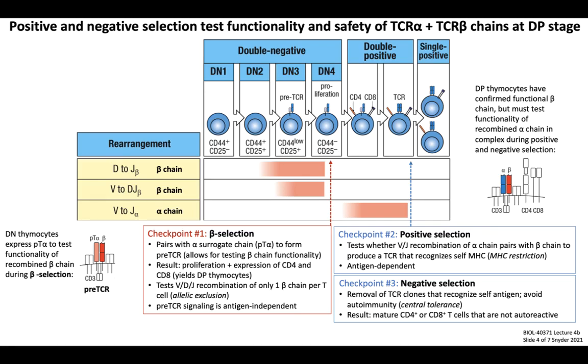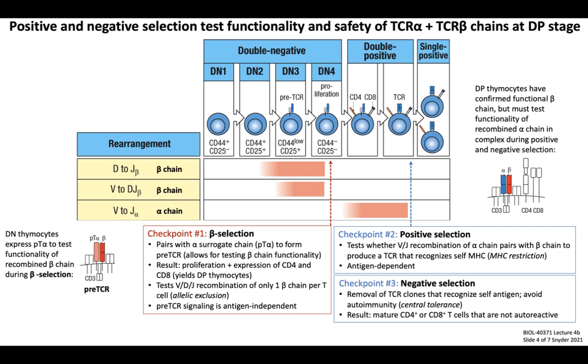Most cells will fail positive selection, but the ones that pass through this checkpoint will then be subjected to the final checkpoint of T cell development, which is negative selection. The purpose of negative selection is to remove TCR clones that recognize self-antigens, which again is important for the maintenance of central tolerance in order to prevent autoimmunity. Autoreactive thymocytes are eliminated by apoptosis during negative selection, which is something that we also refer to as clonal deletion, since the individual T cell expressing that TCR, aka that TCR clone, is being deleted from a pool of T cells. Like with positive selection, negative selection requires candidate TCR binding to self-peptide MHC, so this is also an antigen-dependent